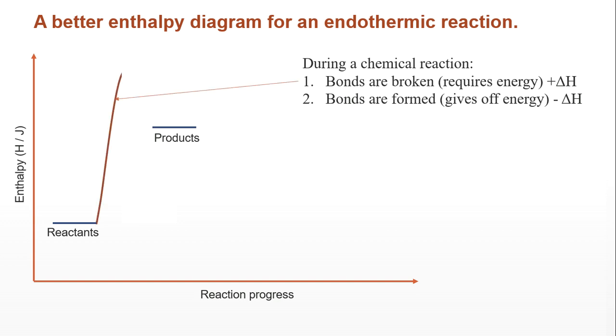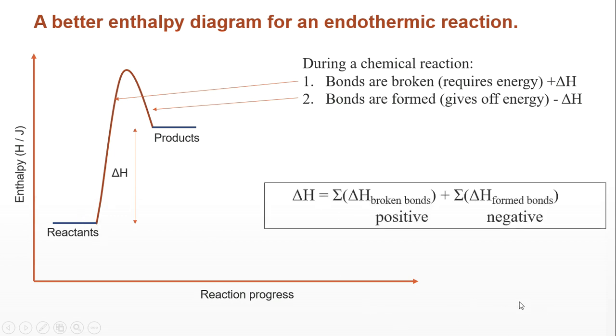In this case, the bonds that are broken correspond to an increase in energy, so we need to go up here, and then new bonds are formed, which also gives off energy. We take the difference between this value and this value to get the delta H, the difference between the reactants and products, and that is what we do in this